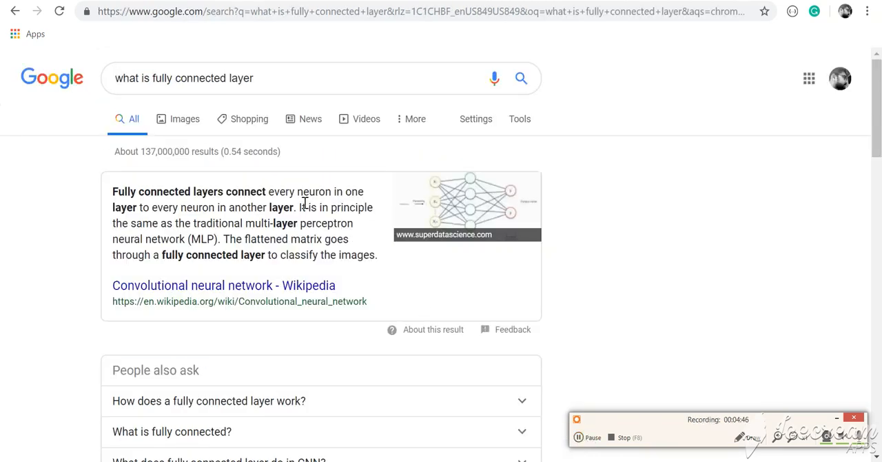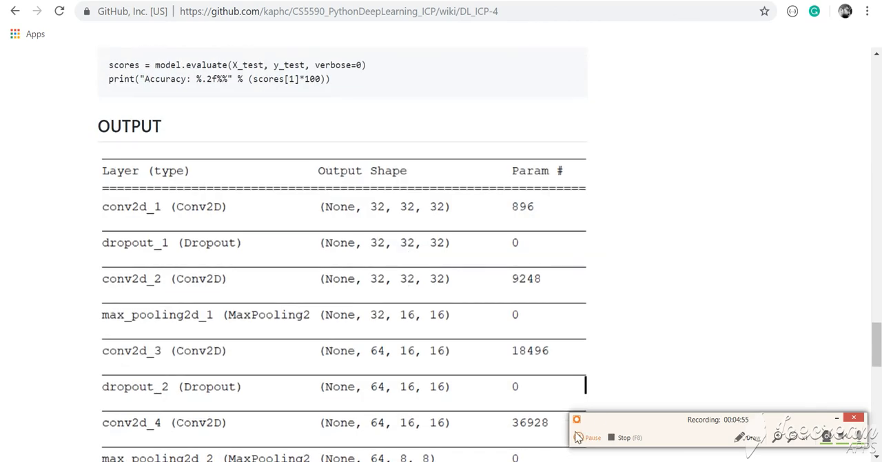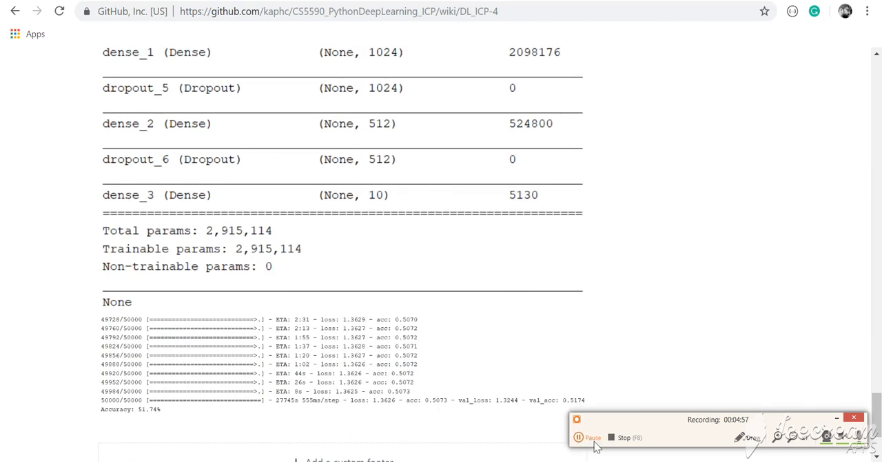In a fully connected layer, every neuron in one layer is connected to every neuron in another layer, that is called a fully connected layer. And now we visualize the graph. You could see the parameters here, and at last we got 50